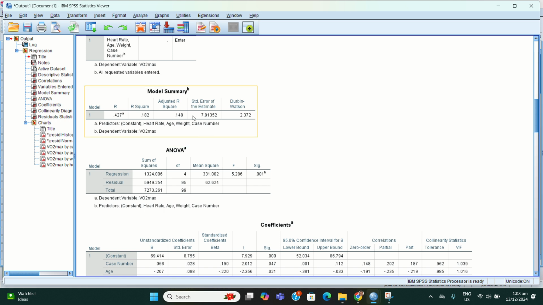Here, the R column represents the R, or the multiple correlation coefficient. This R can be considered to be one measure of the quality of the prediction of our dependent variable, which is VO2 max.